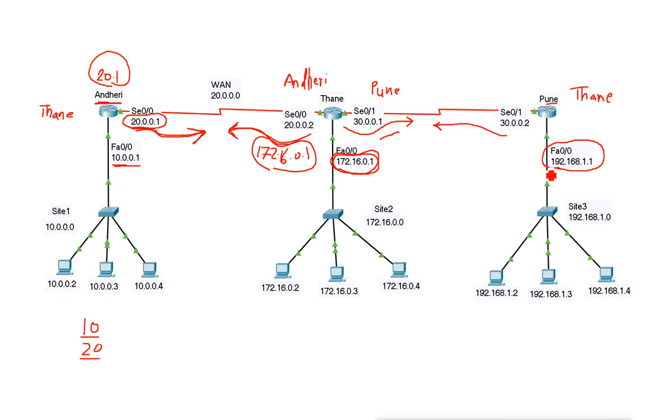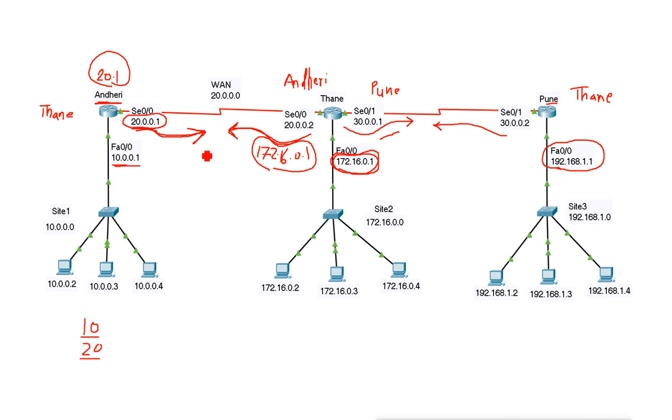And as we saw when we configured this, this was the router ID for the Pune router. So they create the neighborship relationship between the neighbors. Now remember, there are criteria for creating the neighborship. And if the criteria do not match, then what? They will not create the neighborship.